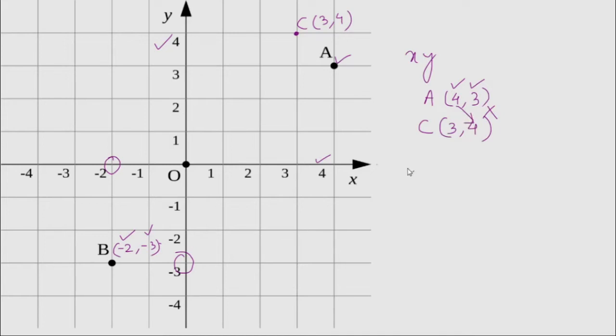So when I change the order of the arrangement of the elements, I get a totally different point. Although 4 and 3 are both elements of point A and point C, they have different positions.